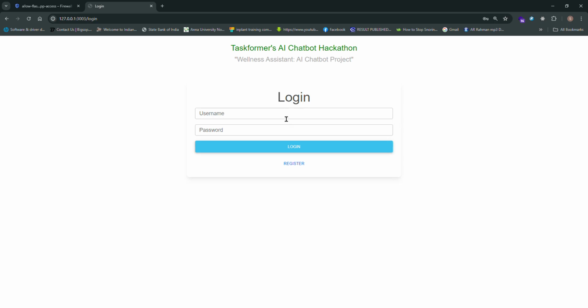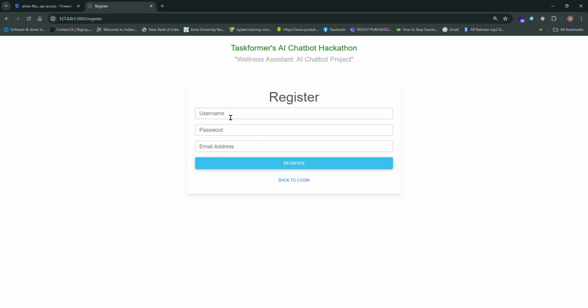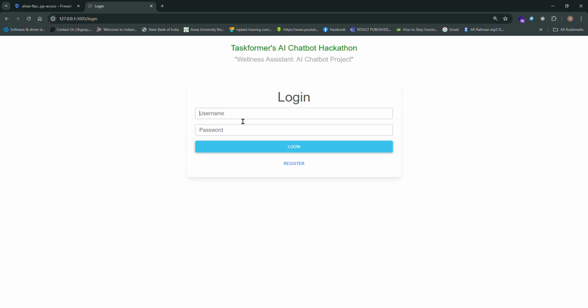This is the login screen for the project. So I am typing the username and password. Otherwise, you can register here by typing username, password, email address. So I'm back to login. I already have the username and password. I'm logging in,